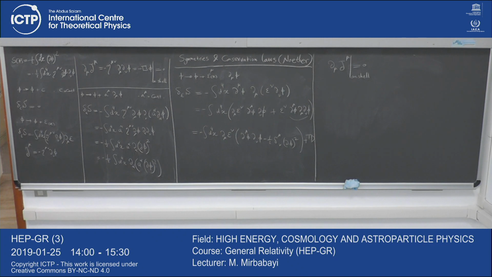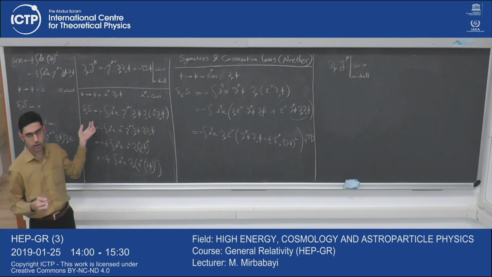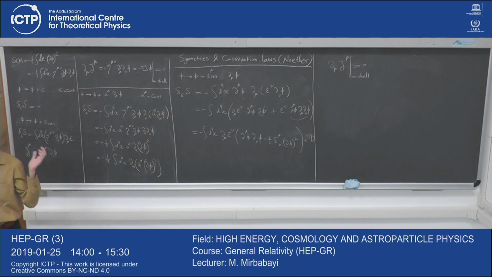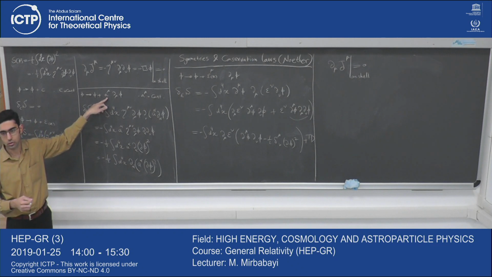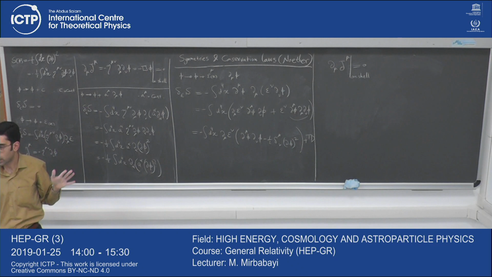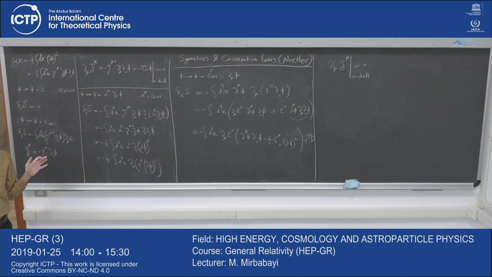So now we expect to have, in four space-time dimensions, 4 conserved quantities rather than 1, because our symmetry transformation had 4 parameters. So for any component of this A, I will get 1 conservation law. Or we can put all of them together into 1 conservation law, not for a conserved current, but for a conserved tensor,